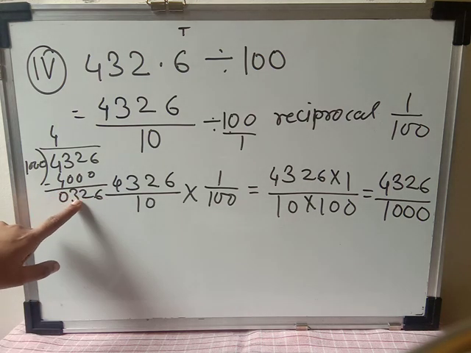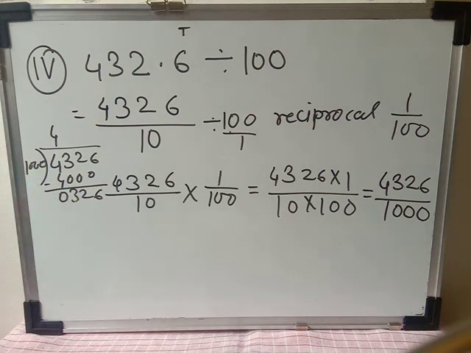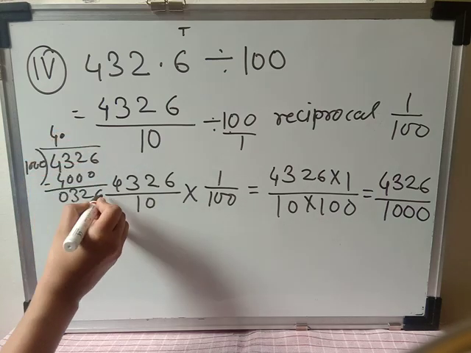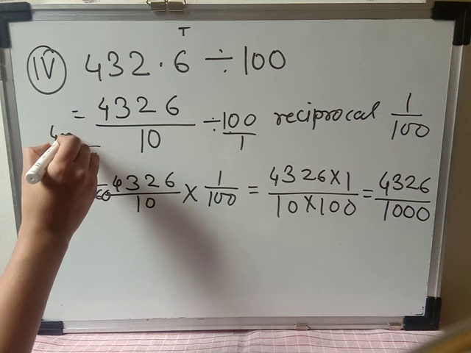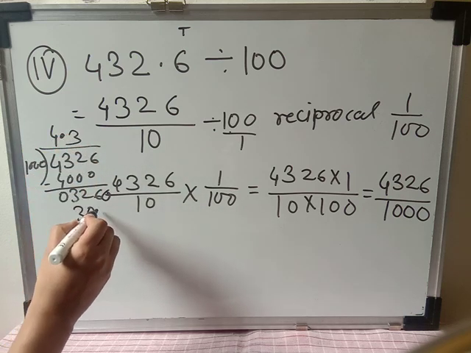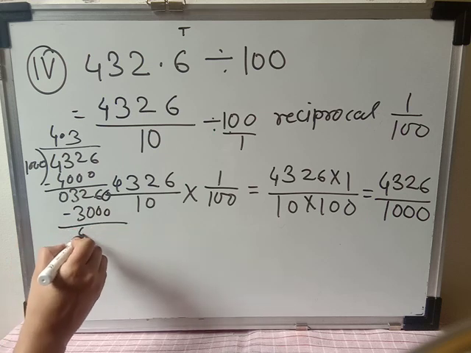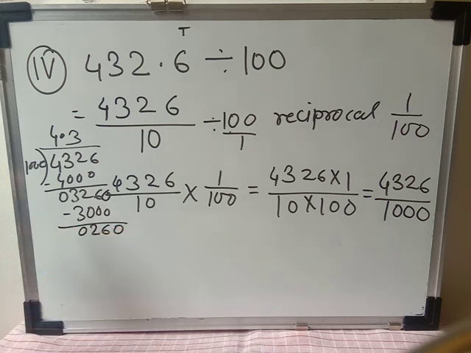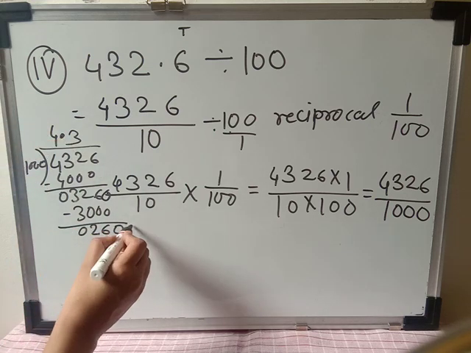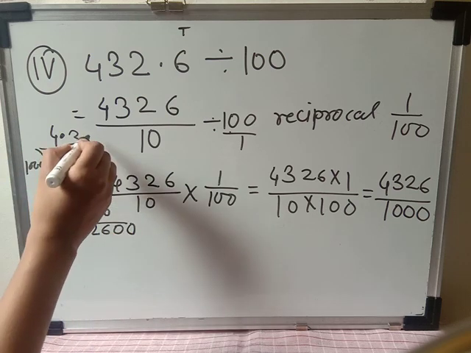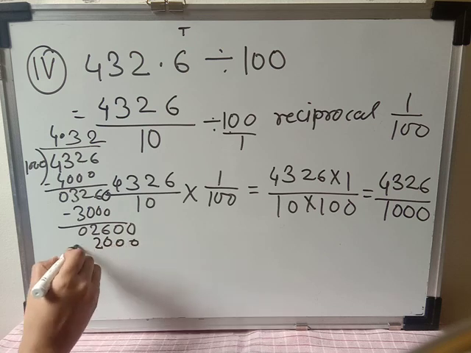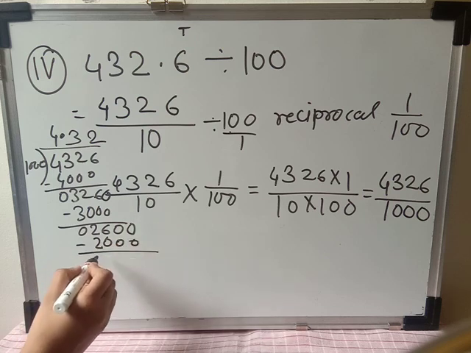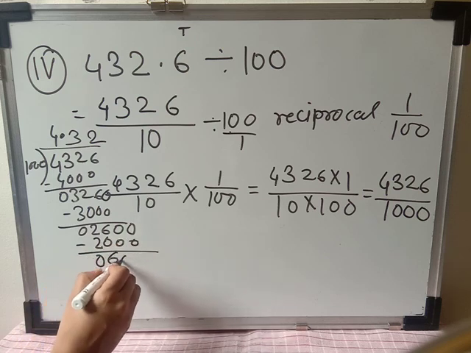Okay, now we can't divide the 326 by the 1000, so we have to take the decimal. So we can take the 0 to divide this number. 1000 3s are 3000. Okay, so here will come down, that is 260. We have taken decimal, so we can take the 0 one more time. So 1000 2s are 2000. Okay, so do the subtraction and you will get the 600.